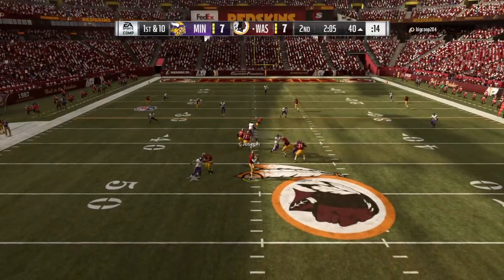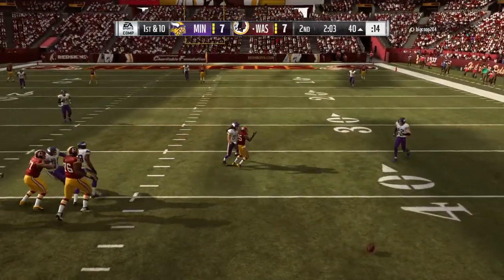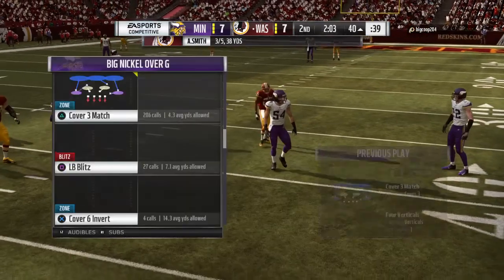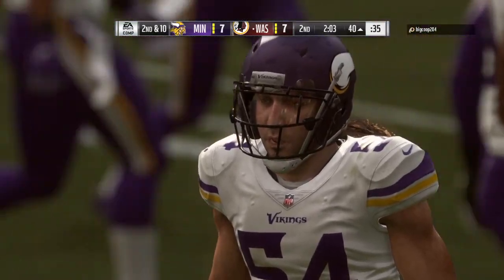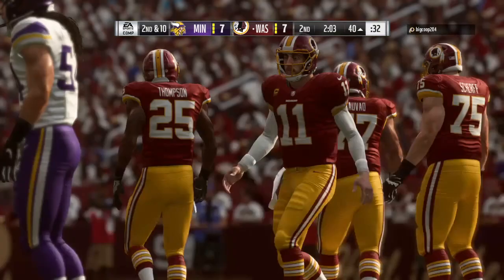On first down, Smith. And it pops free. The collision there jarred the ball loose and brings up 2nd down. Anytime a defense can sit back in a zone like that, it tends